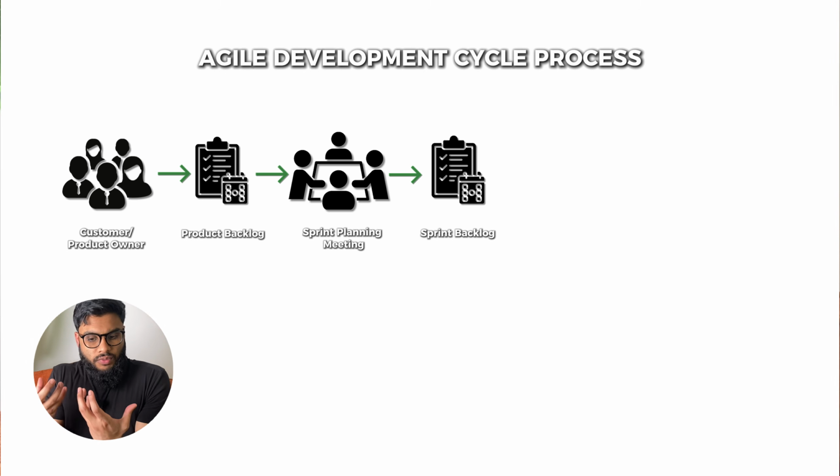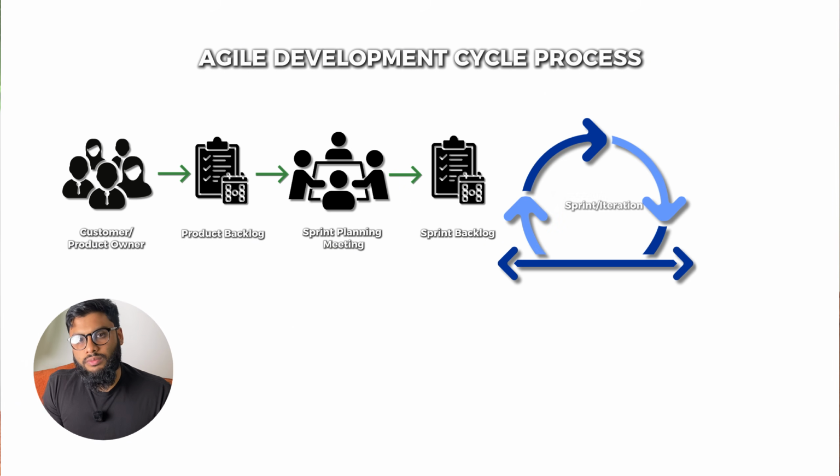Now, you can think of the sprint backlog as the product backlog, but the product backlog is for the entire product itself. The sprint backlog is for this specific sprint. So what do we have to accomplish in this specific sprint? That is our backlog, and it's prioritized according to our priorities. Okay, so think of the sprint backlog as a part of the product backlog, but the focus is on this specific sprint. So once that's approved, then we actually start the sprint.